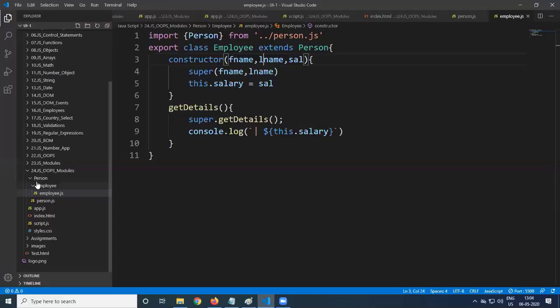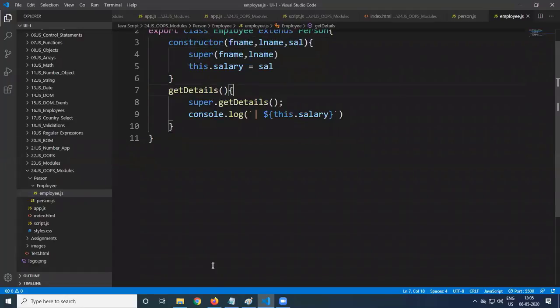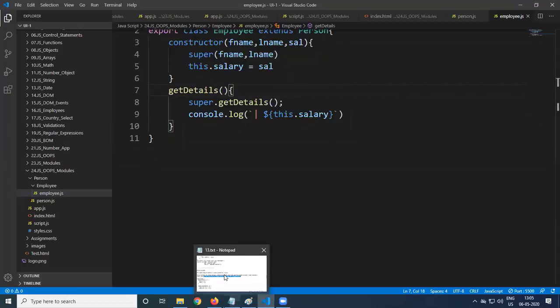So if you're doing it with only one folder, and if I want to have two files, script.js, again script.js, not possible. One solution is the complete code to be written in one file itself. But if you're following this concept, the advantage is modularization is happening. I use the term modularization. We are able to make it as different modules. So this is what we talk about modules in JavaScript.